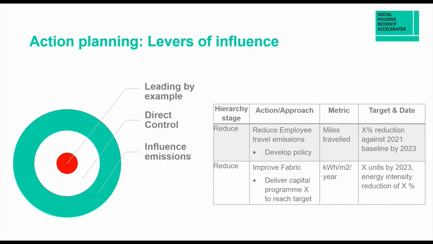Then you have the next level of influence, those emissions that can be controlled. For example, you create a policy for new builds. You set the energy targets, the way you want your future buildings to be constructed, and it will inform all your future decisions. And on the outer circles, you have emissions that you could influence. So, for example, engagement with your supply chain or engagement with your residents, with a view of looking to change their behavior. There is a bit more uncertainty about the level of control you have and the level of outcomes,